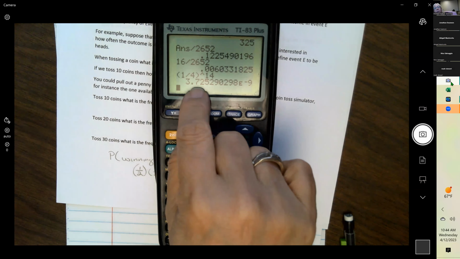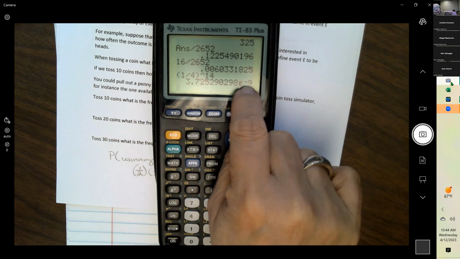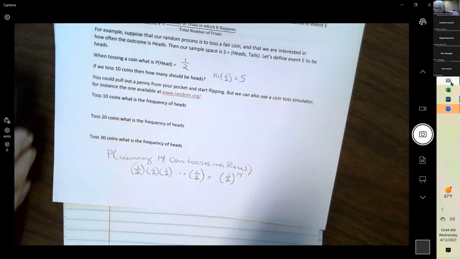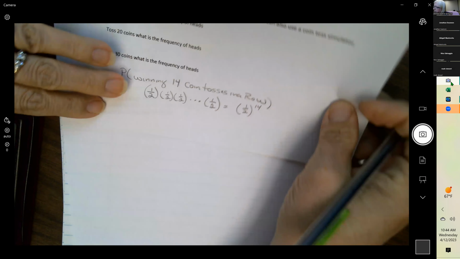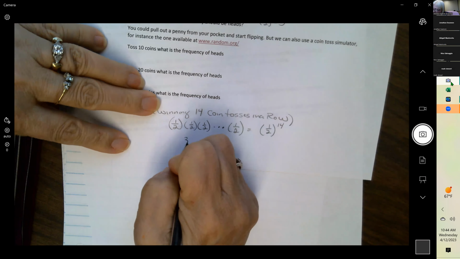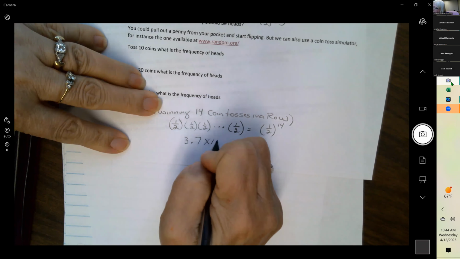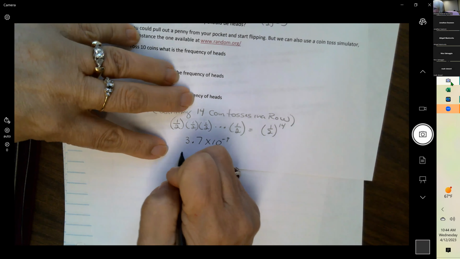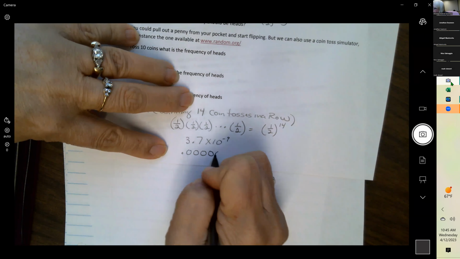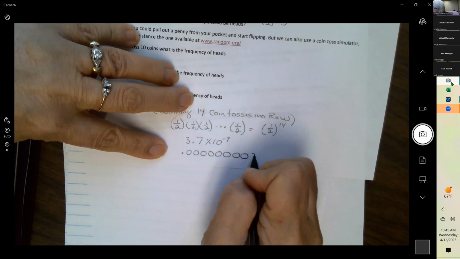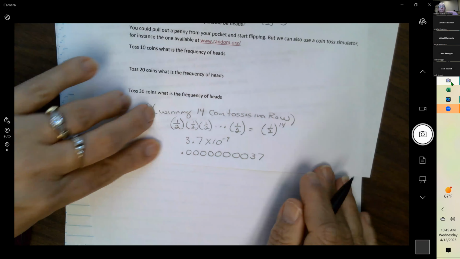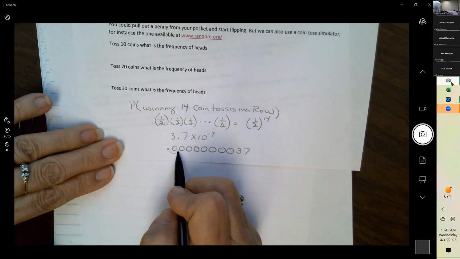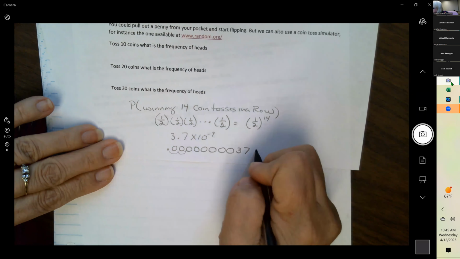Notice 3.7, but that's to the -9. This E means a 10. So it would be 3.7 times 10 to the -9. If we make it a percent, multiplying by 100,